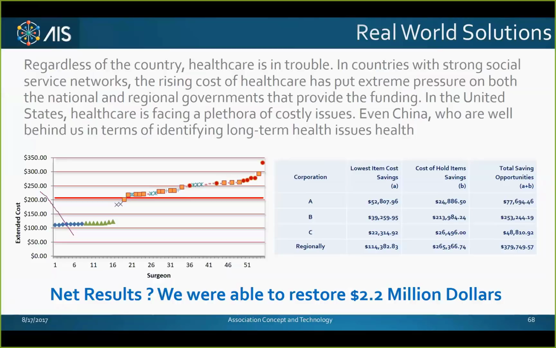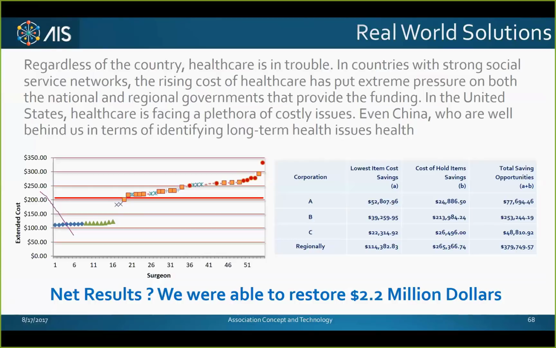So we started with Canada, and we were able to determine simply by combining the data. You know, we combined the patient data, we combined the doctor's data, we combined the vendor data, we combined the procedure data, we combined the preference cards. And by simply combining that data and extrapolating, we were able to restore $2.2 million into their account. This is only on 3 hospitals and 8 different locations, and only on 5 procedures. Now, most hospitals have upwards of 150 procedures.